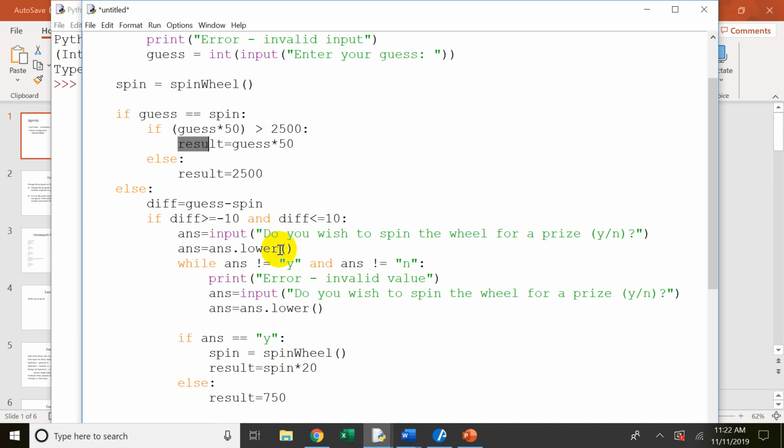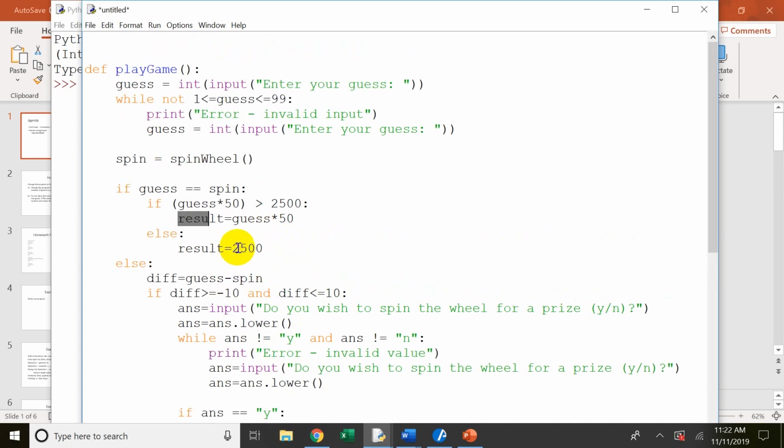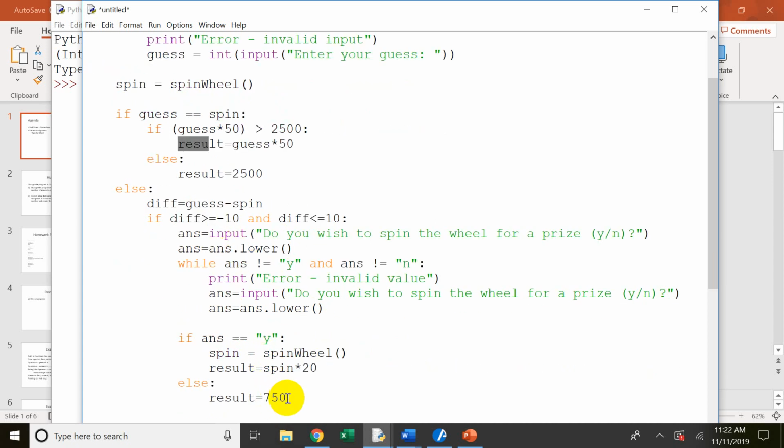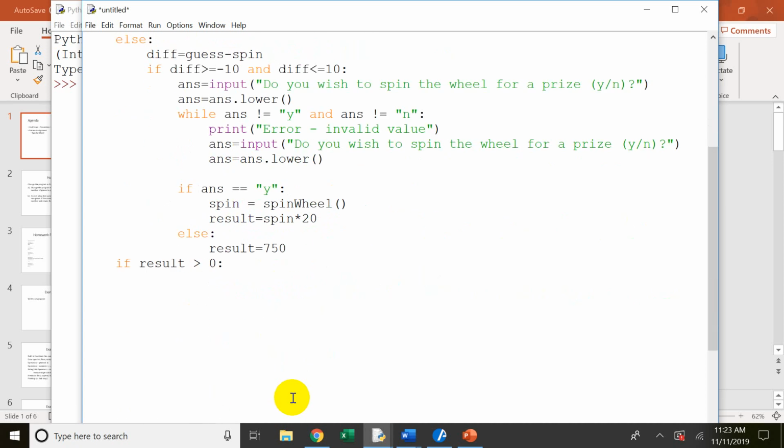But how do I know if they didn't guess the number correctly from the get-go, or if it wasn't within plus or minus 10? Well, one side effect of doing all this logic is that the variable result, by the time I get down here, will have a value if they won, because I'm setting it to a value here and here and here and here, all the endpoints of that. So what I could possibly do is: if the result is greater than 0, then I know they won something, and so I can say print